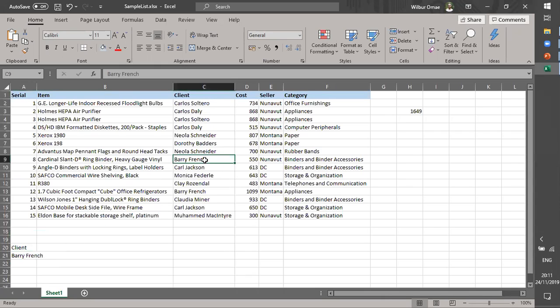So it gets one instance here. And then we have specified that we are interested in summing the cost, so it will get this value 550. Then it goes back to this column and gets the other instance of Barry French, which is here. Because we also specified we're interested in the sum of the cost, it gets this value. There's no other instance of Barry French, so it's going to sum 550 and 1,099, to give us the total of